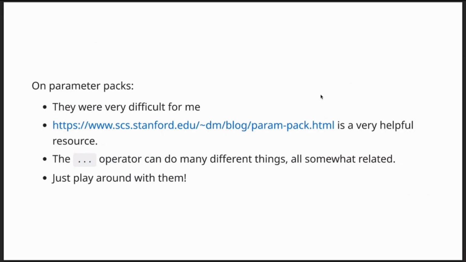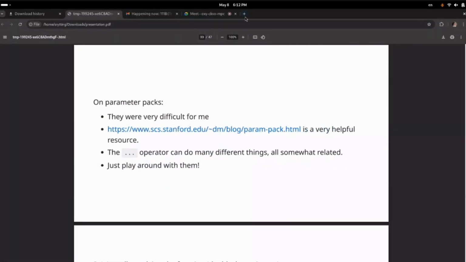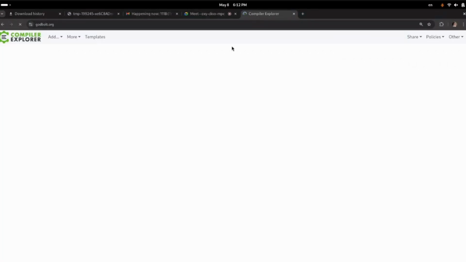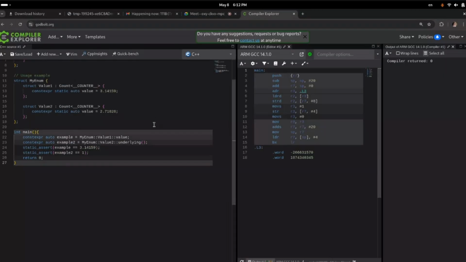You should ask if your audience knows what Compiler Explorer is. Oh yeah, does anyone not know what Compiler Explorer is? Godbolt. I'm actually surprised no one raised their hands. Okay. Well, you don't know what Compiler Explorer is? Do I have a treat for you? Compiler Explorer, or Godbolt, godbolt.org, lets you